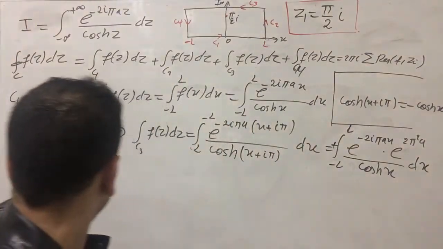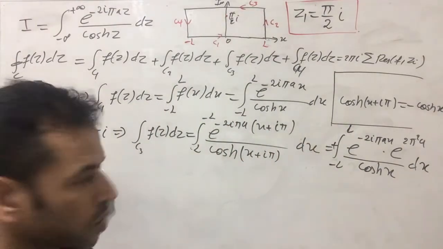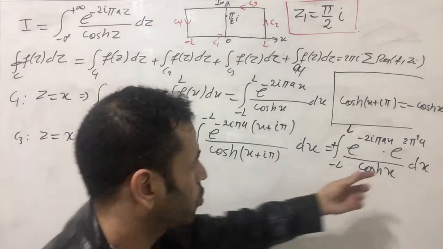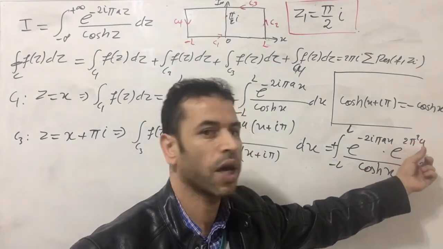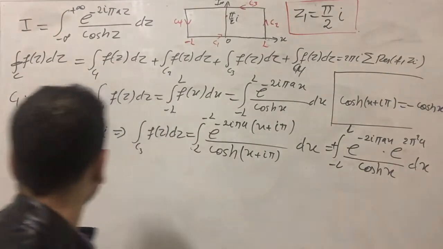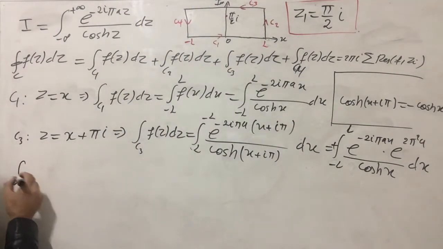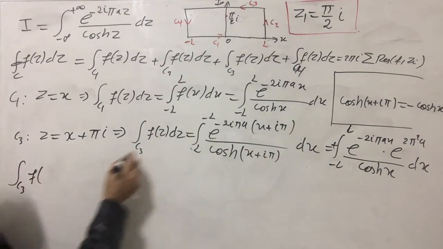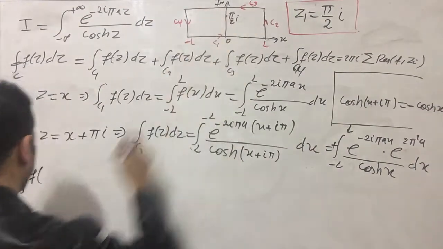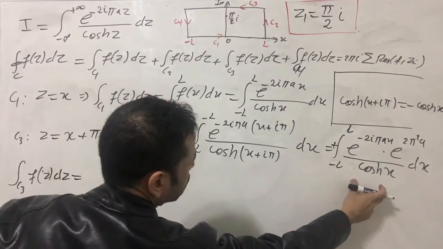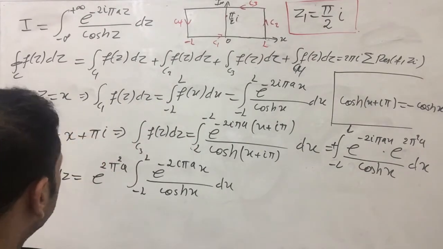If you derivate this one, dz is giving us dx. So what I'm going to do now, I'm going to take this e to pi square a outside of this integral. So I will have this integral over contour c3 equal to this one. I'm going to take this one outside. I'm going to add these two integrals,